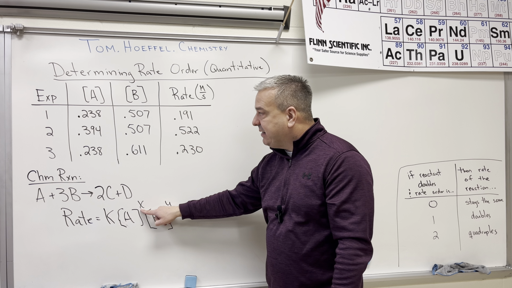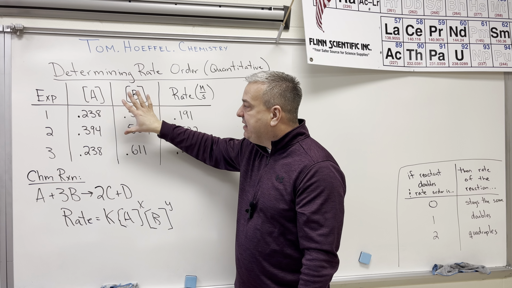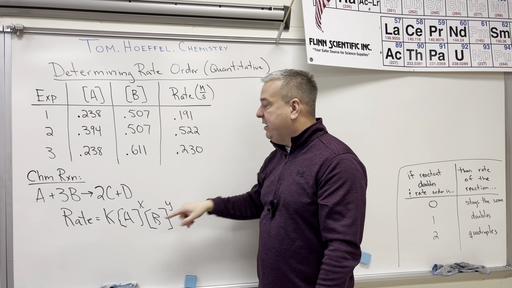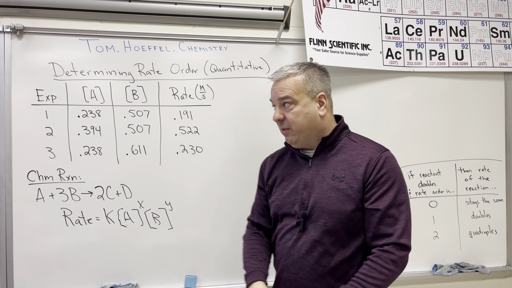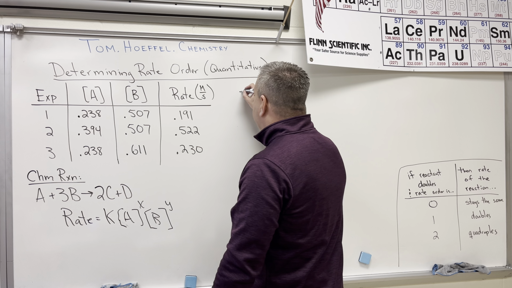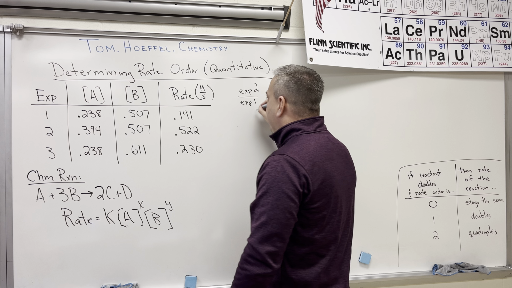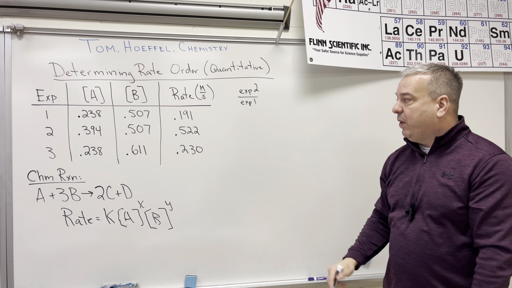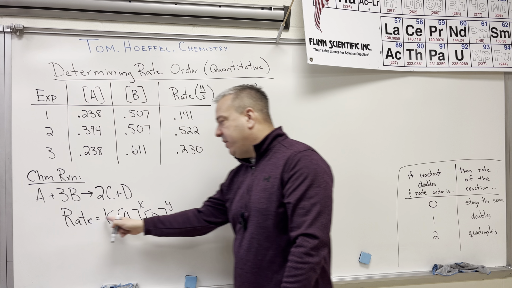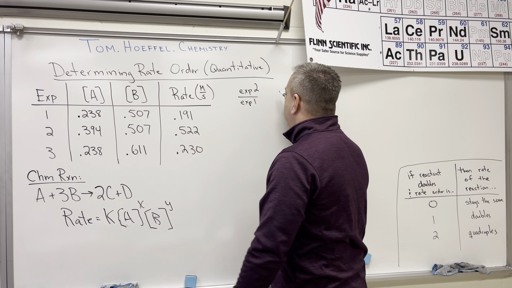To figure out what X is equal to, we're going to compare experiments 2 and 1 because B stays constant, and we can focus on this change and this change. I'm going to put experiment 2 on the top and experiment 1 on the bottom. I'm going to write everything for experiment 2 with the rate law. So the rate is equal to 0.522,